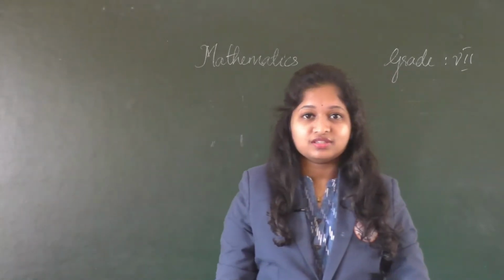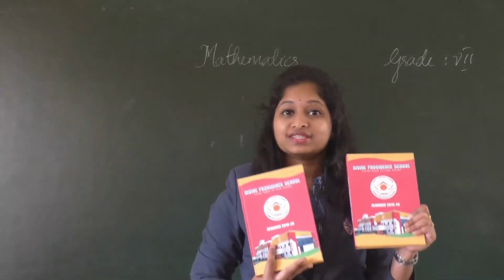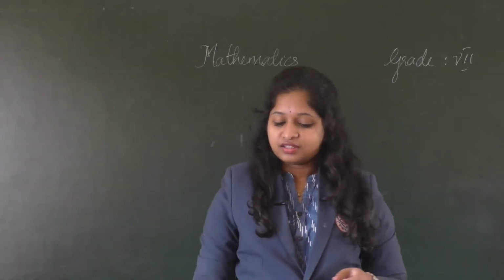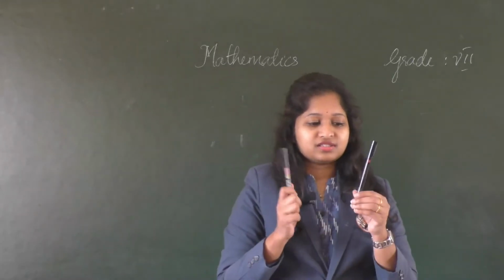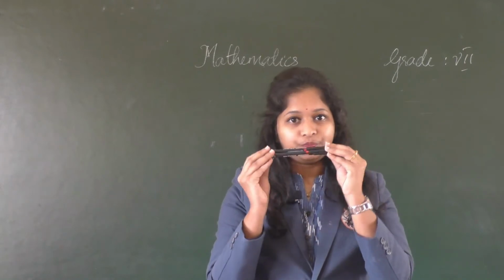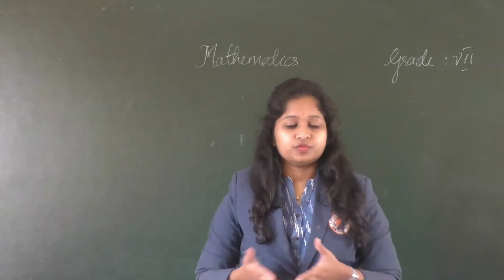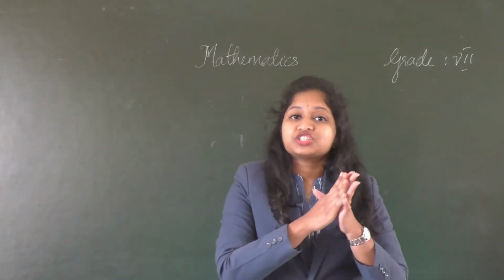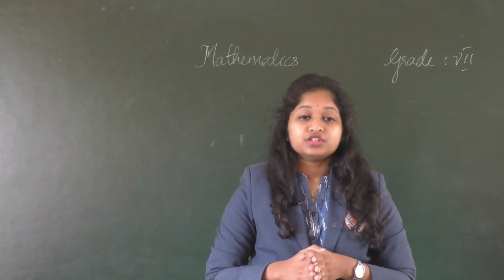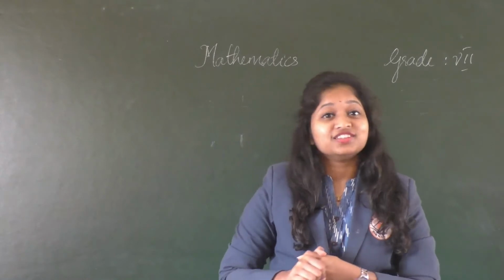But see this, two diaries I have which are of same size and same shape, isn't it? See these markers, they are of same size and same shape, okay? Similarly, you can find so many other objects which are similar in shape and size. So today we are going to learn about congruence of triangles, which is your 13th chapter.